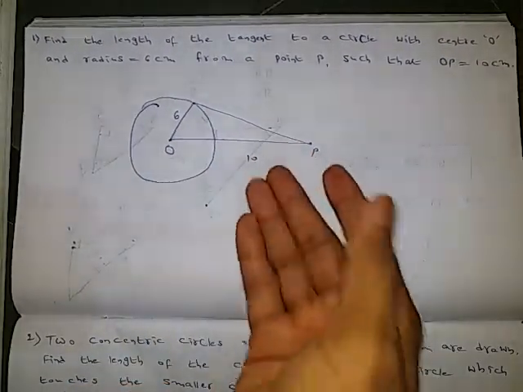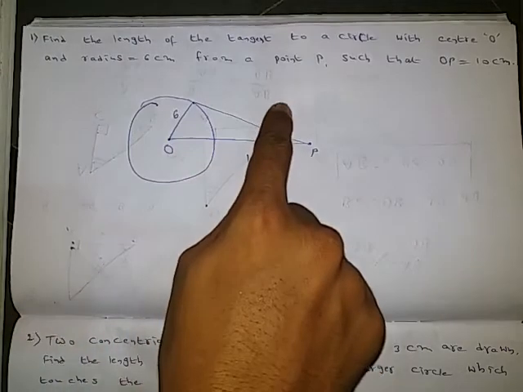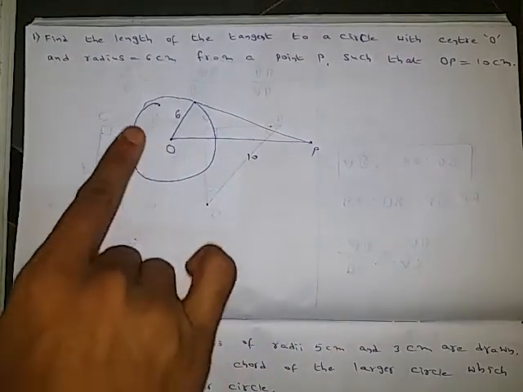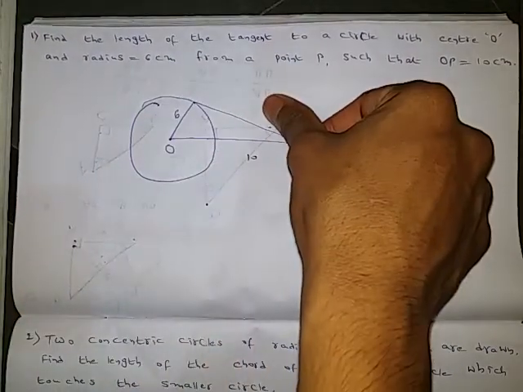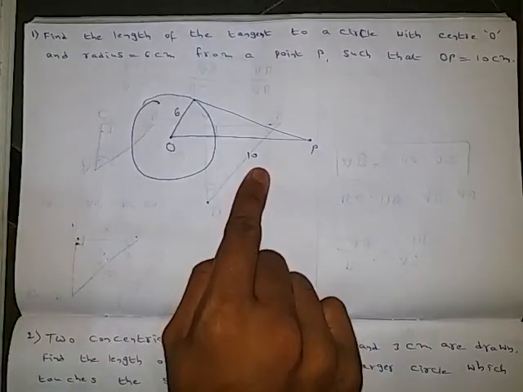So this kind of question is a compulsory question in the exam. Sometimes they will give the tangent and this point measurements, and they will ask the radius. Sometimes they will give these two and they will ask the length of the tangent. Sometimes they will give the radius and length of the tangent and they will ask this measurement.